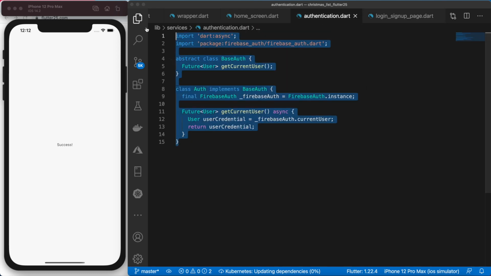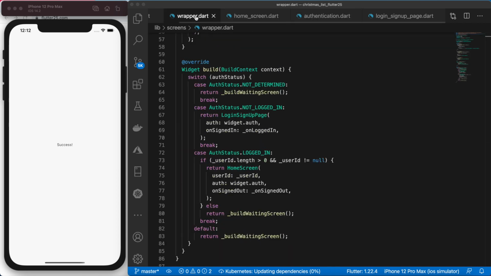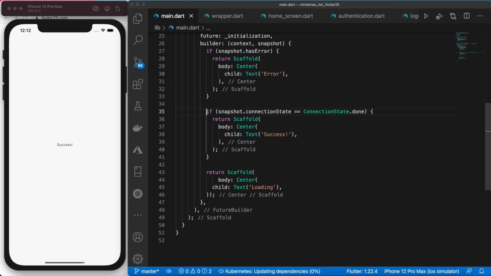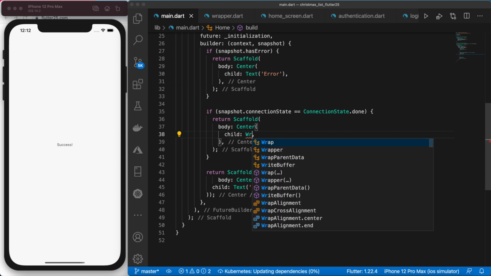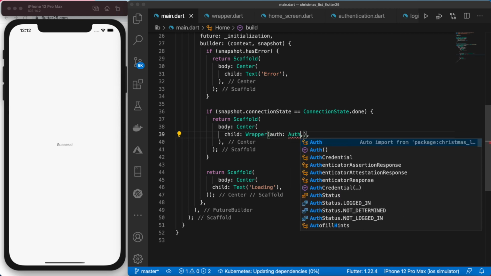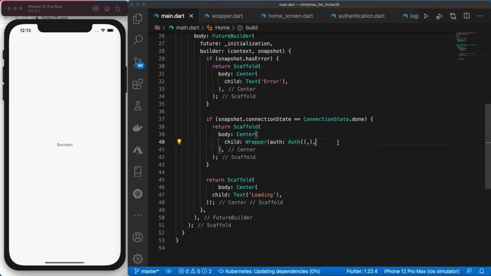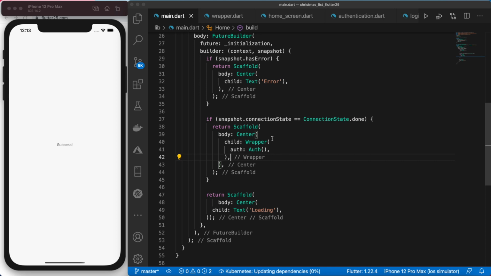And we have our authentication file, which has currently only one method, but we'll add more to that, which is getting the current user. The last thing to do to actually make this work is to go inside of main.dart, and if the connection state is done, we don't want to return the success text. We want to set the child to that wrapper. So let's go ahead and do that. Say wrapper, and the auth is auth. And let's go ahead and import that auth file,